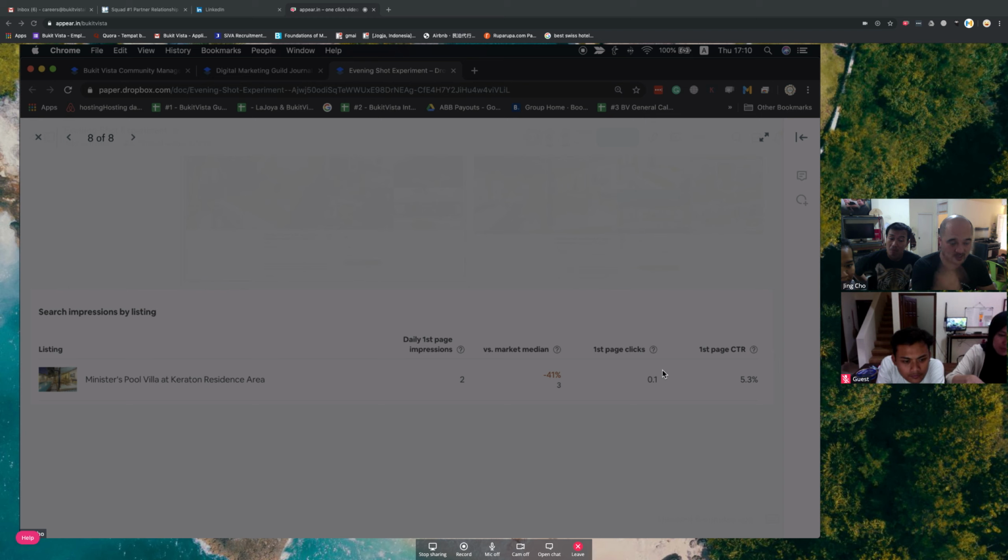Click-through rate is different. It's how many people who actually see your impression click on it and go into the listing. One is popularity, the other is essentially desirability. Popularity shows how often you show up and how visible you are. Desirability shows how often people desire it and actually engage with it.